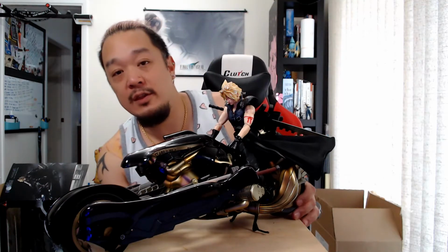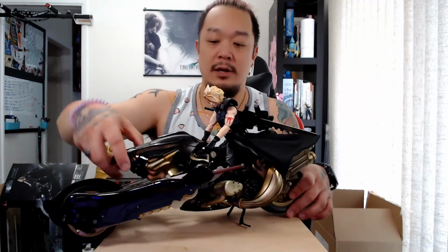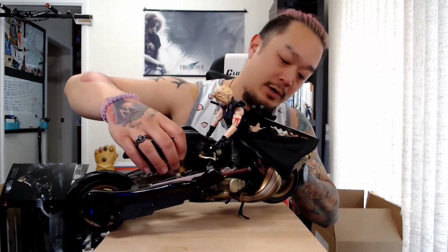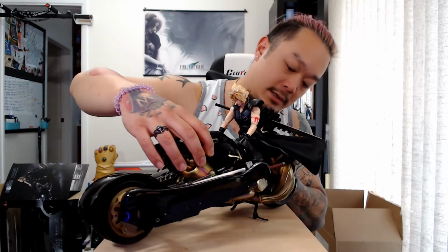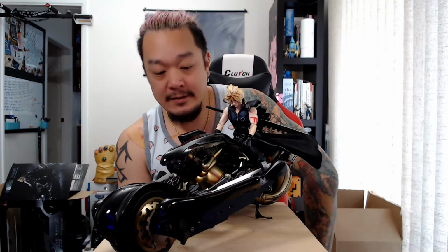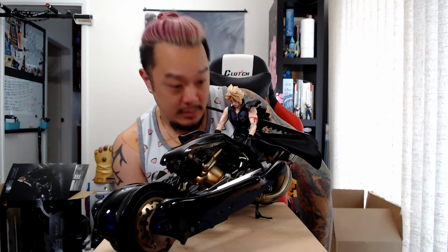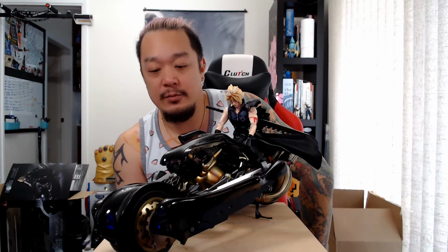I'm assuming it's the headlight here. I don't know if you can see it here, and the tail light, this red tail light, would light up. They're the only pieces that are a see-through plastic. But overall, I would say this is a pretty good figure. I'm surprised I didn't break anything,